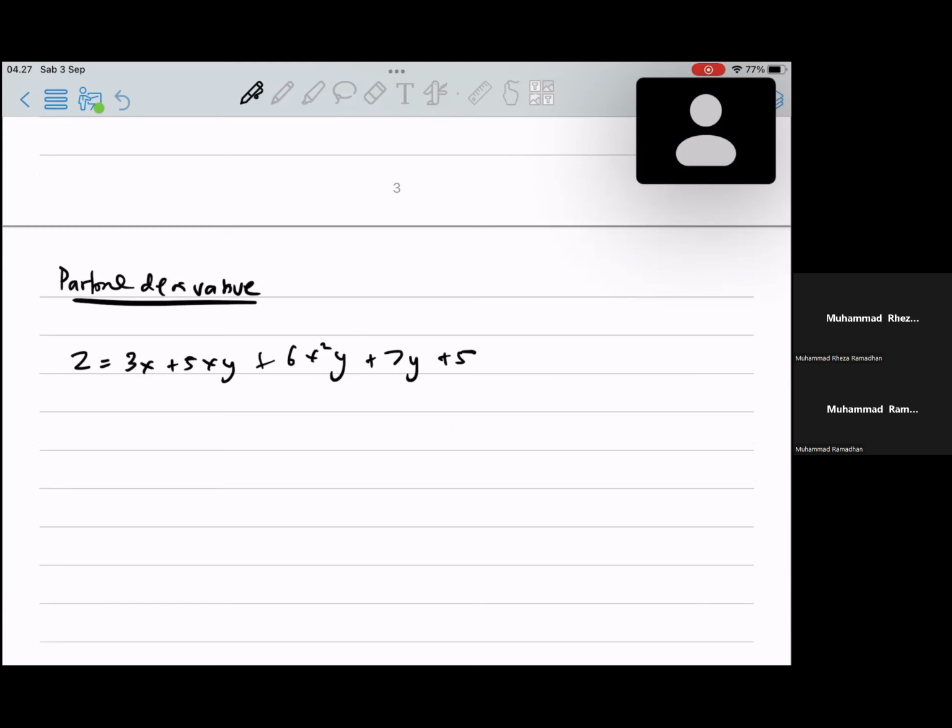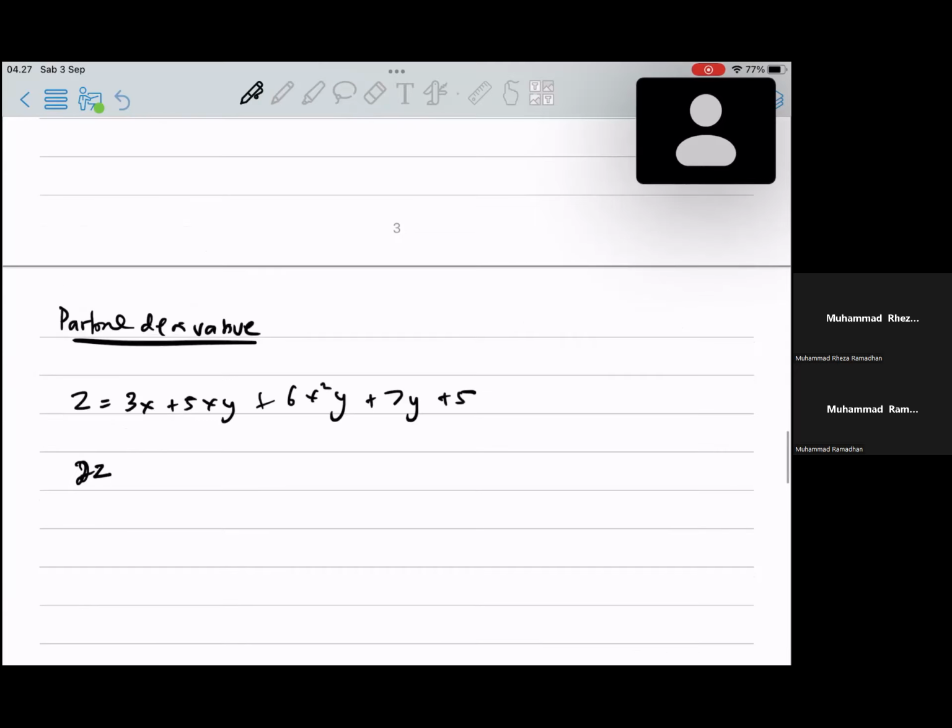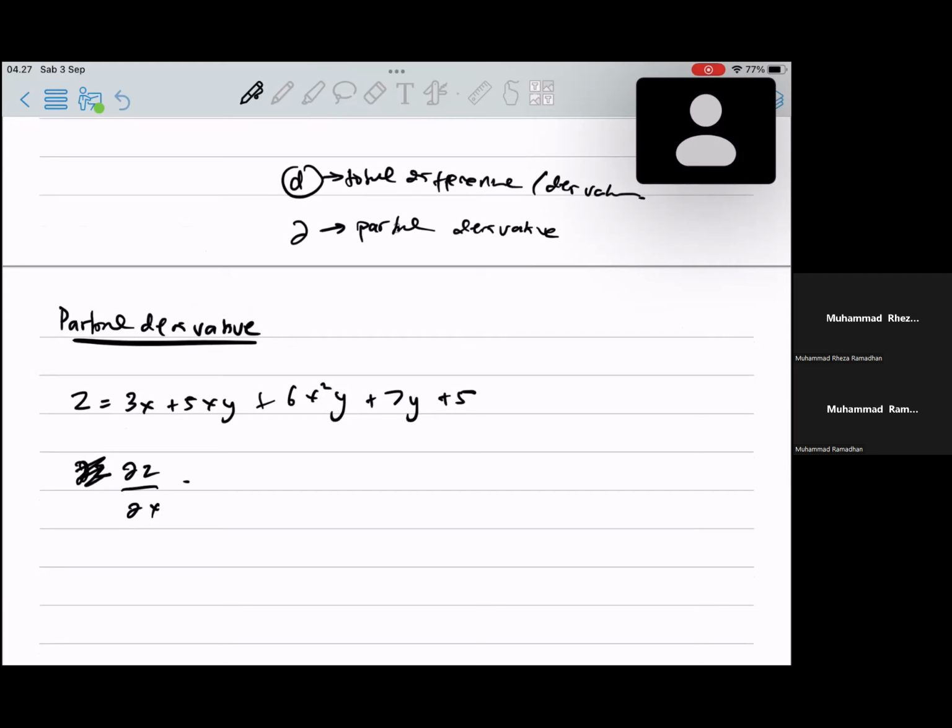The partial derivative is written with a curly d, not d, because d is for total differential or total derivative, and the curly d is for partial derivative. So suppose ∂z over ∂x. It means that you have to derive z with respect to x,